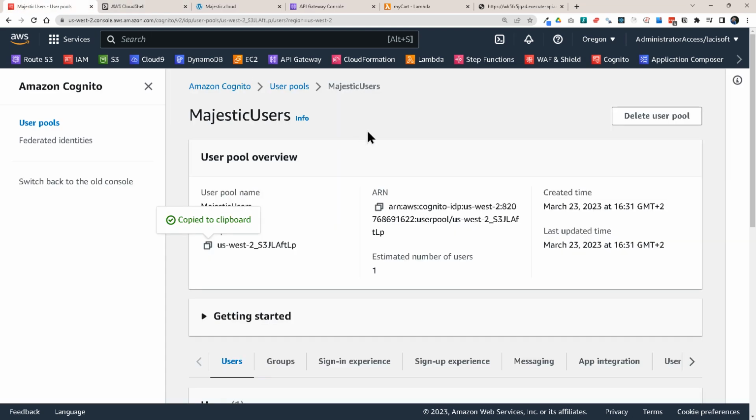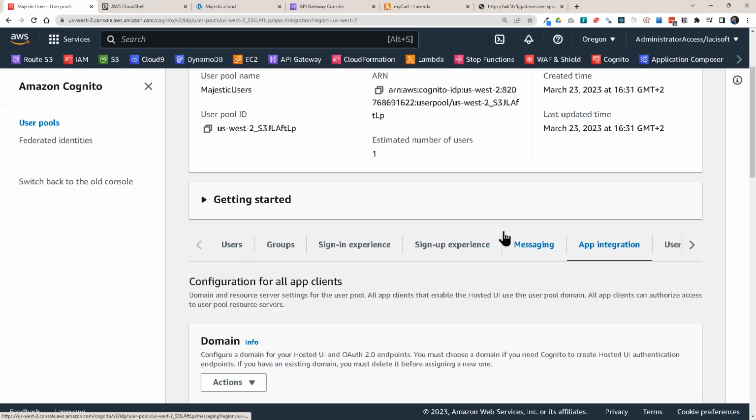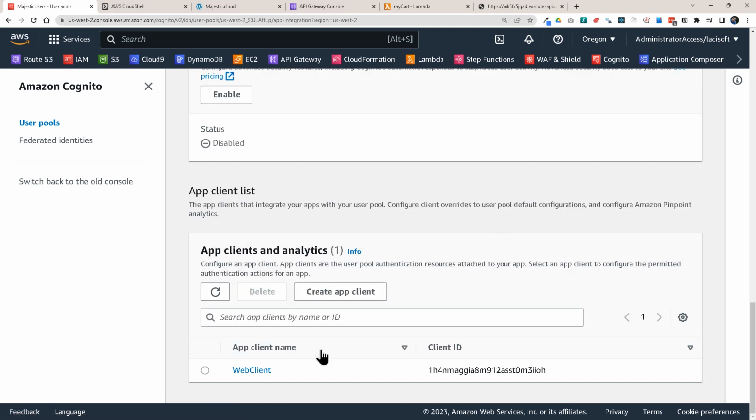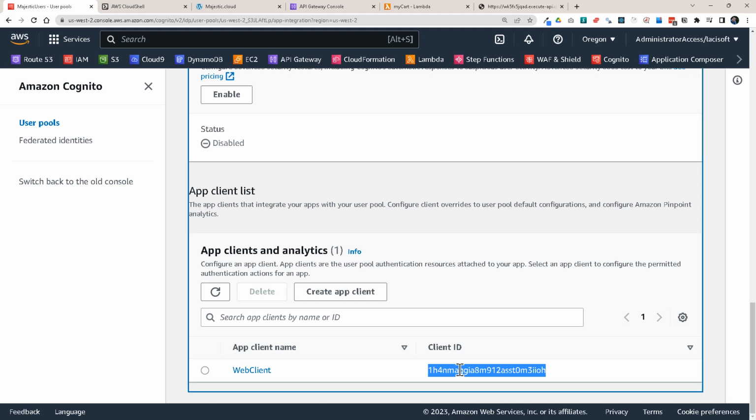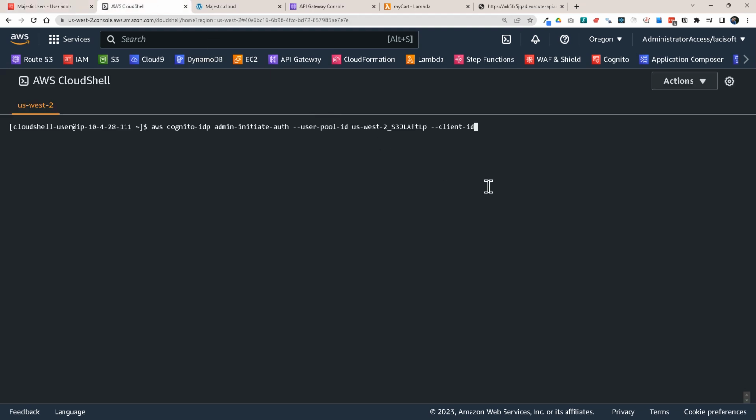Let me grab that as well. Here from the app integration tab, if you scroll down to the web client, here is the client ID. Let's add this one here as well. And then I have to provide the auth flow. You see, this is why I enabled additional auth flows when I created the user pool. So ADMIN_NO_SRP_AUTH, and then I have to provide some auth parameters,